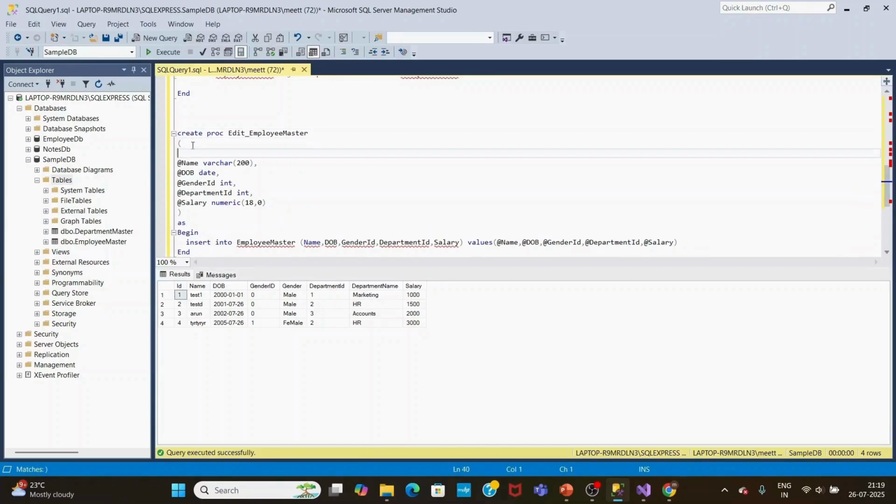Here we need to give ID also, @ID, and here we can give an update employee master set name is equal to @name,